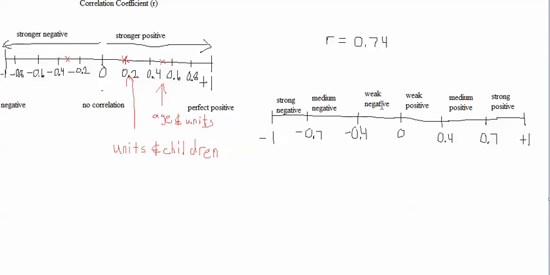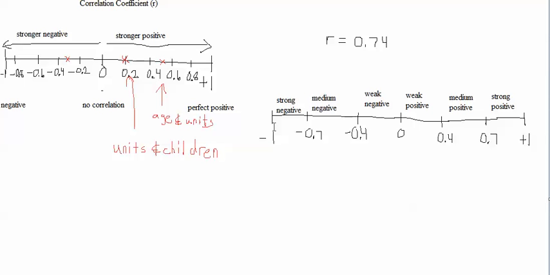And we can see that as we go further from 0 up here, we're moving up from a weak positive to a medium positive to a strong positive as we get closer to +1. In this direction, we're moving from a weak negative to a medium negative to a strong negative as we're getting